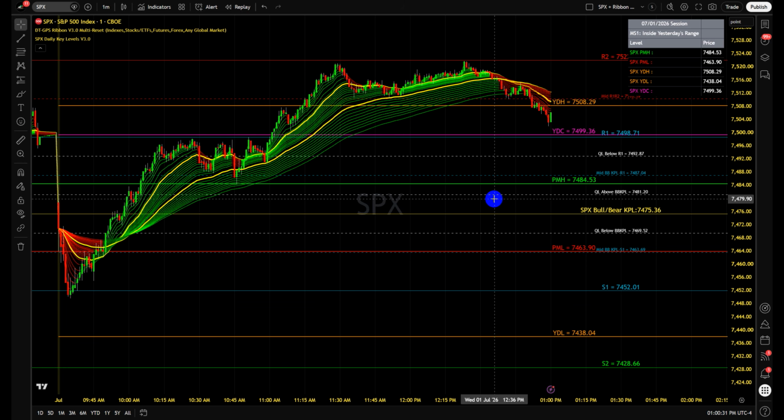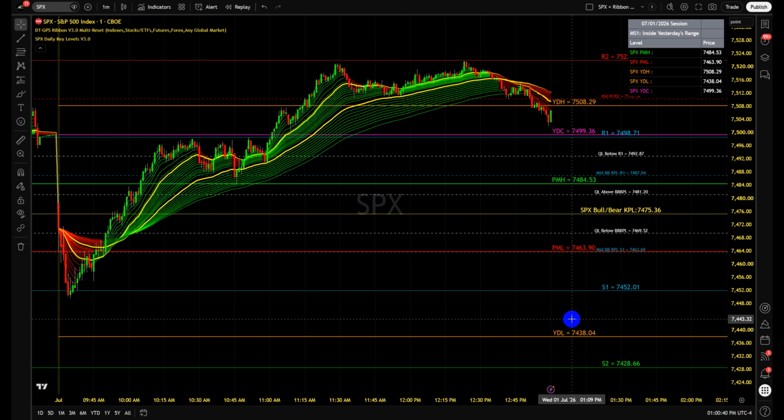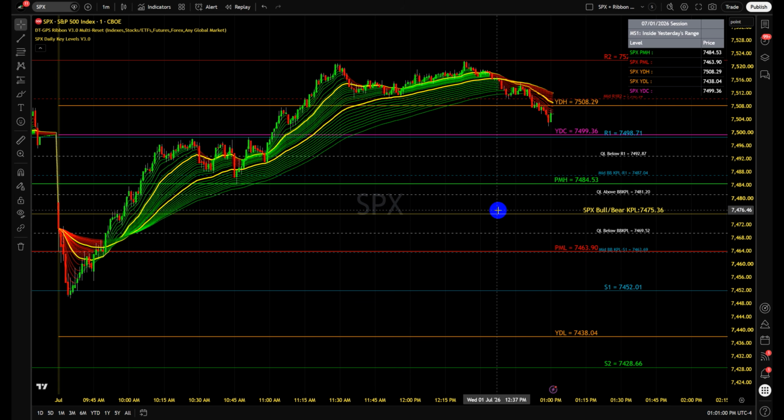Then in that case, what you're trying to do is see if the move is going to continue, and then as it moves down to further key levels past that initial target, whether those levels are contextual levels, midpoint levels, or main key levels, at each one of those hits that are further in your favor after the initial target, then you make a decision as to closing out some or all of your runners that you